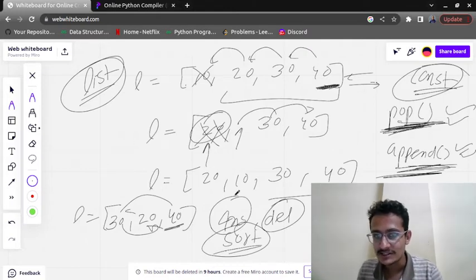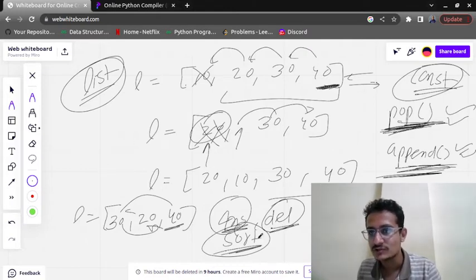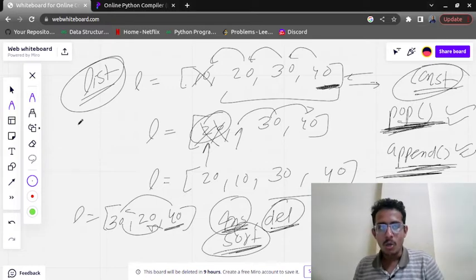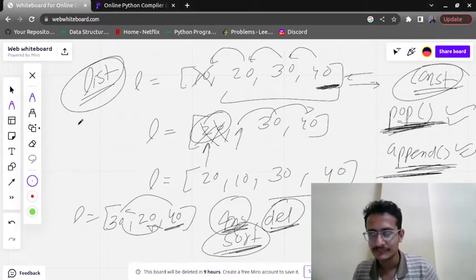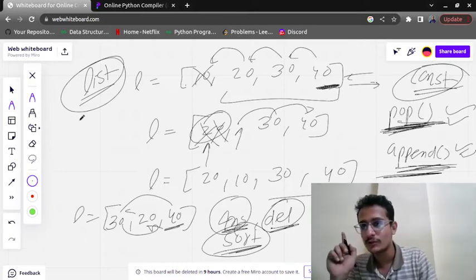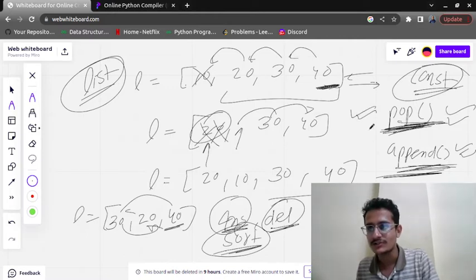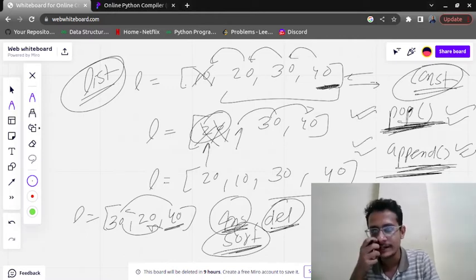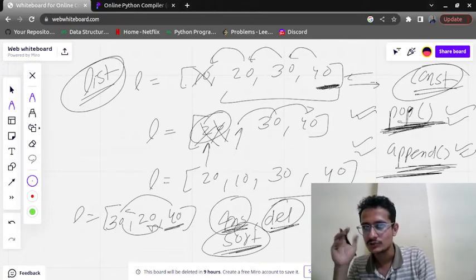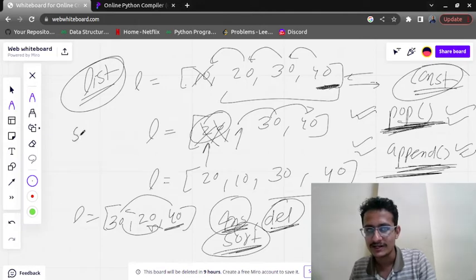Now there are some data structures which can insert, delete and sort in a constant amount of time. We will study those data structures later. What are they? Tuple, dictionary, set. As of now, what I told you is that a list takes a constant amount of time in appending and deleting from the end. So if you have this use case, use the list, otherwise go for other types of data structures, that are set, tuple or dictionary.